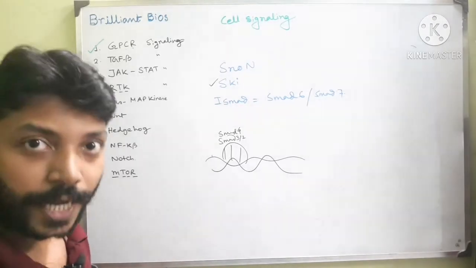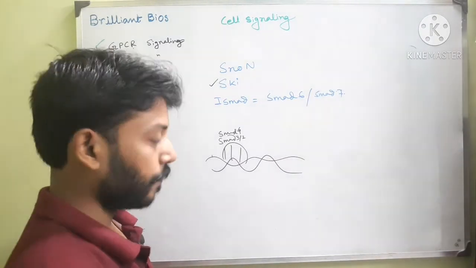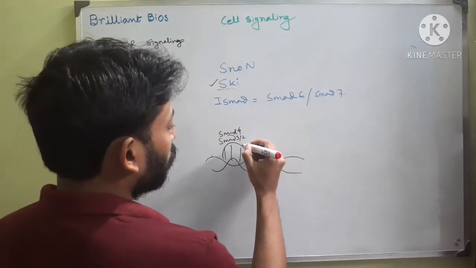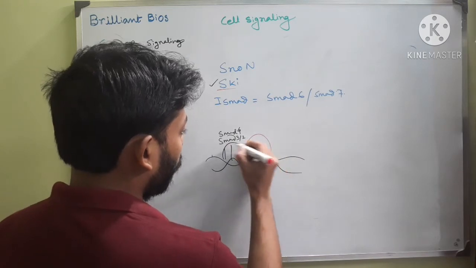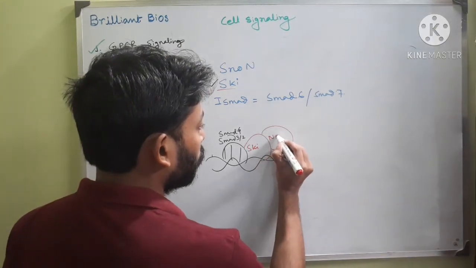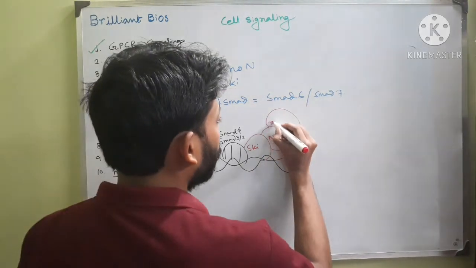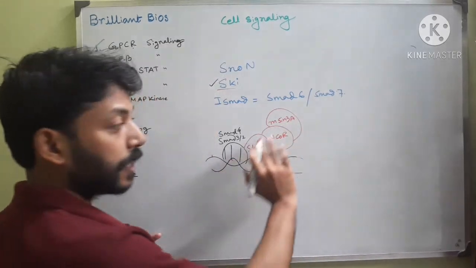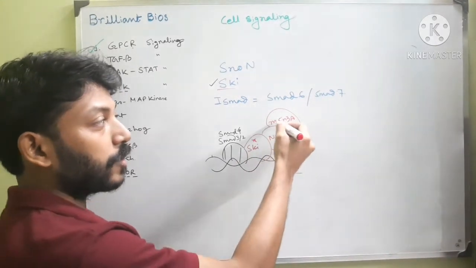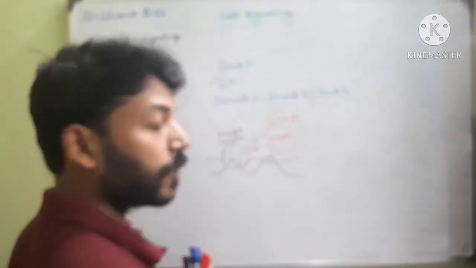Then after a short time, another protein called SKI comes. From that name, Sloan Kettering Cancer Institute, it comes because it acts as a proto-oncogene. So this SKI protein binds with this SMAD. SKI associates with another protein called NCoR. NCoR protein associates with another protein. These are the building blocks. It's called mSin3A. You don't have to remember this name. Just remember SKI. But the thing is that it associates with NCoR. NCoR associates with mSin3A. Then ultimately mSin3A associates with a very important protein that helps in the inhibition of